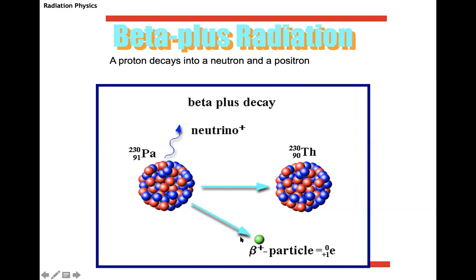Keep in mind that beta plus particles are, of course, very unstable because they tend to collide with electrons. There are many, many electrons in matter. So every time you have a positron emitted, very quickly this positron will collide with an electron and annihilate, emitting two gamma rays. This gamma ray emission is very useful in medical physics because it can be detected by PET detectors, and we will have a lecture on PET detectors later in this course.